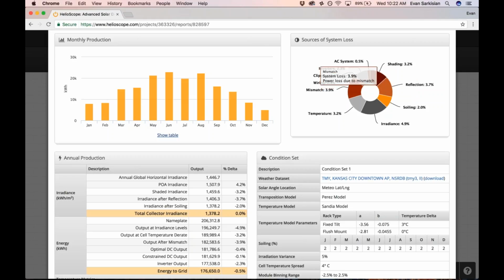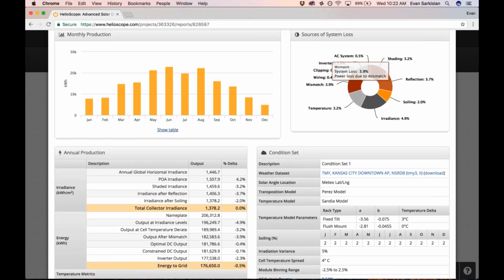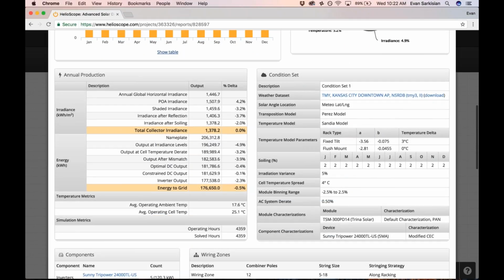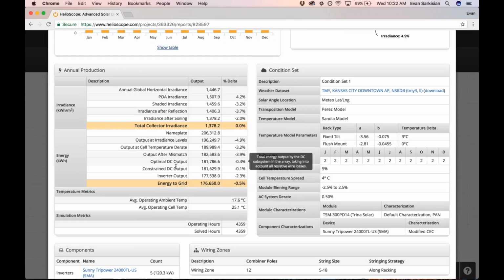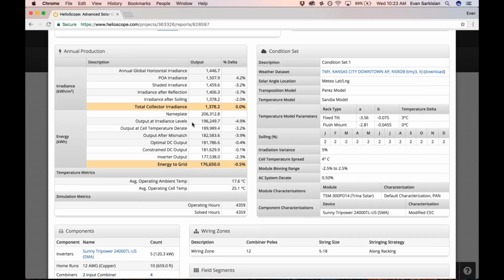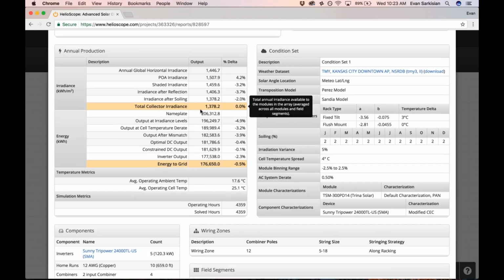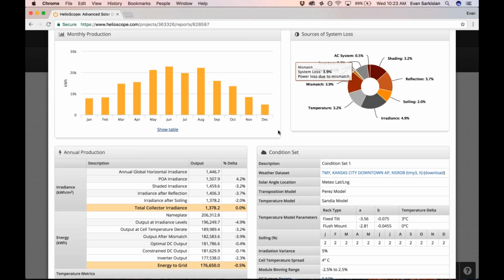So if we were to try to optimize this with an optimizer or a microinverter, we can see what's the maximum we could get back, excluding efficiency losses. This is the loss table. So if you were to step through this, this matches PVSyst one-to-one, within 1% for each one of these line items for every hour of the year. So we're using the exact same mathematics as PVSyst, but we just do it at the module level, so that you can do that kind of comparison between string inverters and optimizers and sort of the real detail for shade